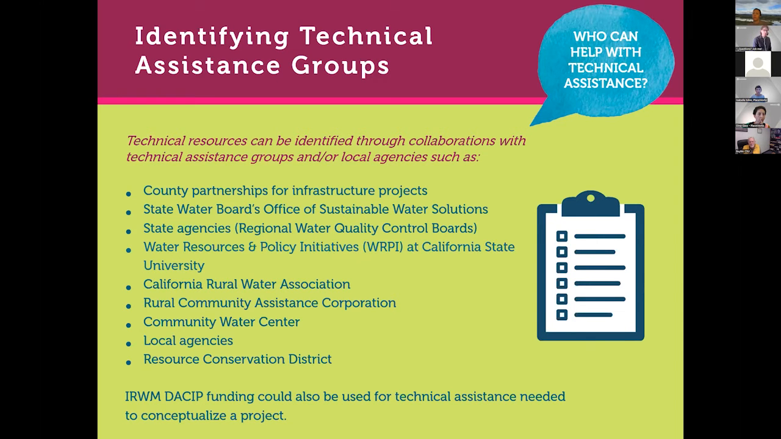And then there are several technical assistance providers that, well, I'll say are more technical in nature. All of those state agencies definitely have technical staff, but these are more private organizations and universities that have technical staff really devoted to this kind of work. So the group that Boykin works for, the Water Resources and Policy Initiatives at Cal State San Bernardino, California Rural Water Association, the group I work for, Rural Community Assistance Corporation, Community Water Center, Self-Help Enterprises, all of these organizations